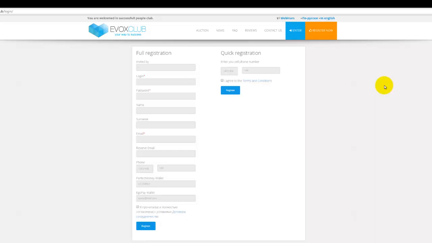which would require from you the login, the password, name, surname is optional, email, reserve email in case of any emergencies, phone, which is also optional, and also you can specify the wallet number you would like to use. Then you would also see that there is a tick which you need to put in the box, which confirms that you agree to terms and conditions,